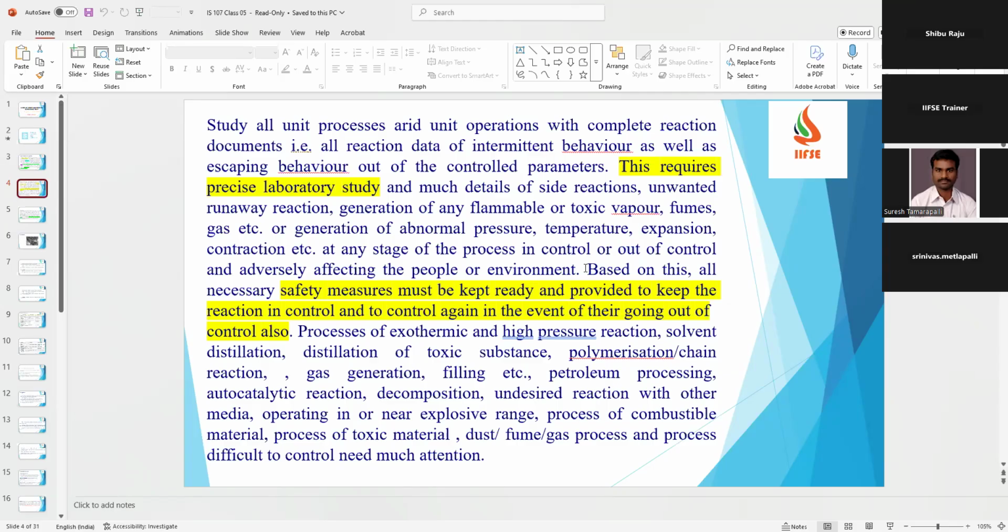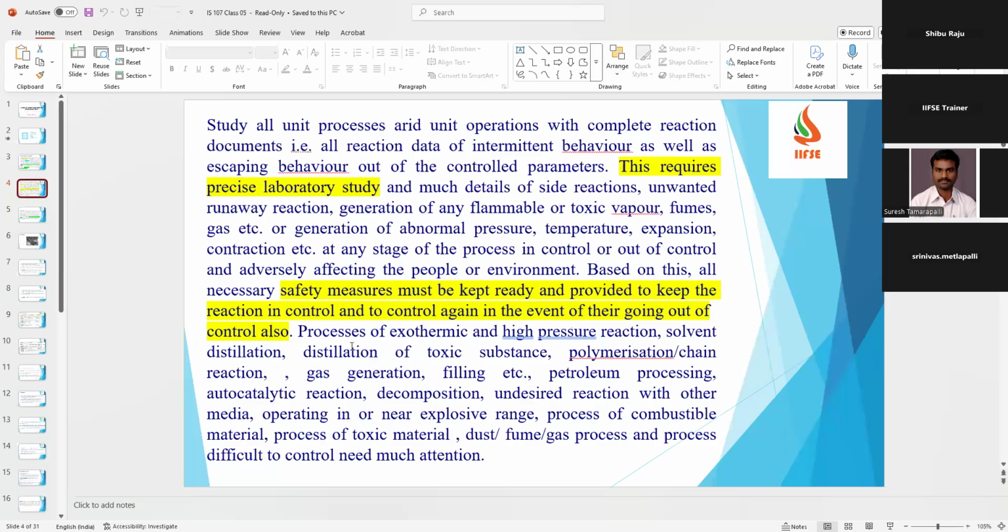So if the safety relief valve is not activated on a proper time, the vessel may explode. Sometimes even by the time the safety relief valve activates, the vessel would have exploded. Based on this, all the necessary safety measures must be kept ready and provided to keep the reaction in control, and also control it again in the event of it going out of control. Sometimes if it is going out of control, you should be able to have systems in place to calm down